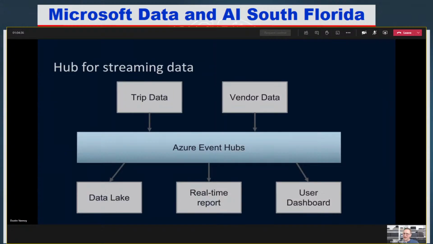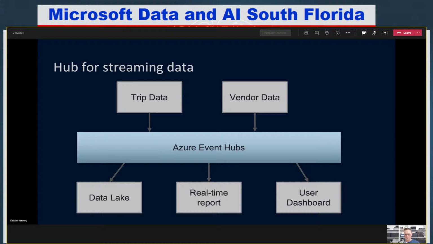So whether we're using Azure Event Hubs or Apache Kafka, this is the visualization of what I'm explaining about decoupling the producer from the consumer. We'll have topics or event hubs such as trip data or vendor data that source applications are producing data to. Those make it into Azure Event Hubs, and we could have multiple consumers for each data stream.